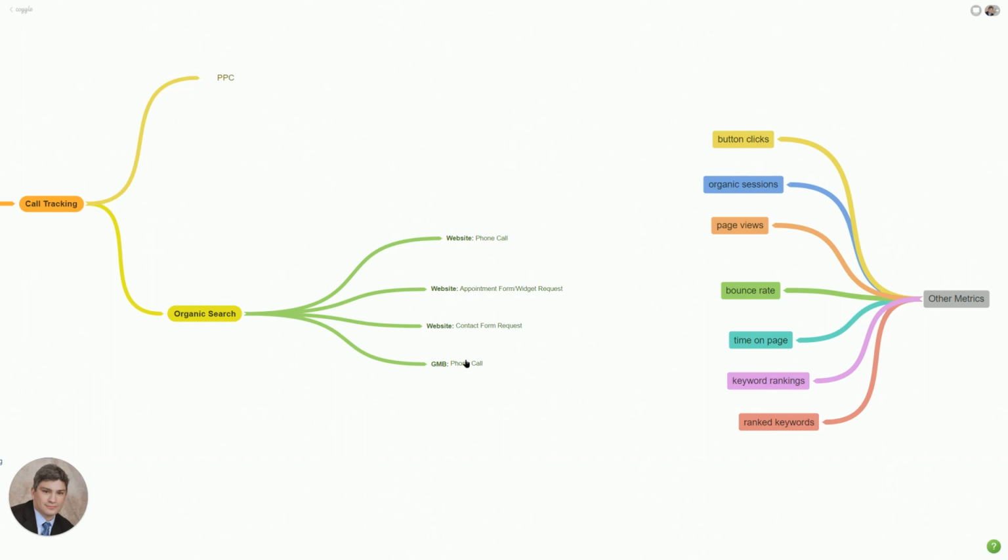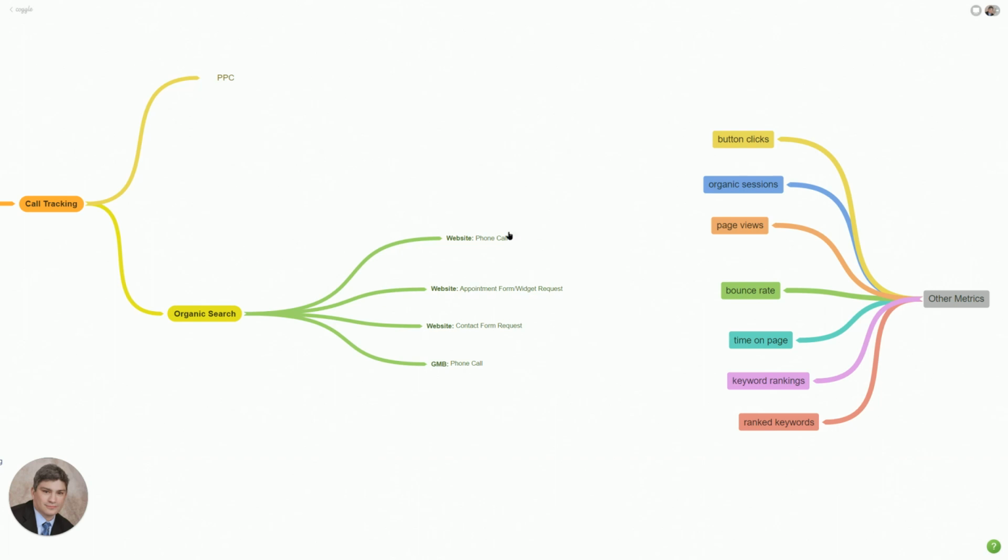Did we generate revenue? Contact requests, I can say we had 7 requests and they were all from dealers that wanted to sell us machines or whatever, the vendors. Google My Business phone calls, well, you know what? We got calls, but they were all from people who don't live in our area, which wouldn't happen on GMB. But suffice it to say that these are the top level KPIs,